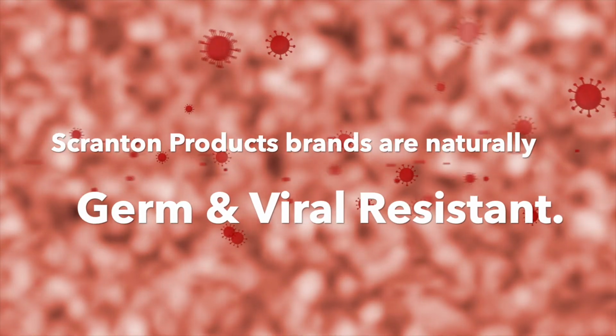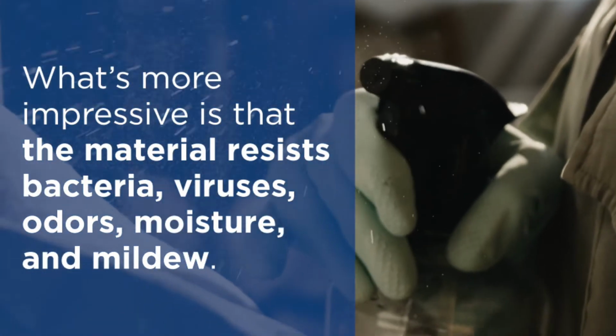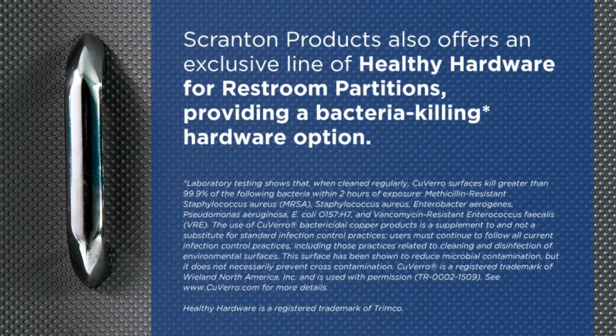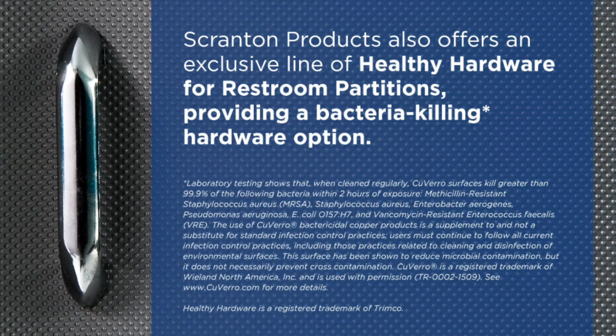Scranton Products brands are naturally germ and viral resistant. What's more impressive is that the HDPE material resists bacteria, viruses, odors, moisture, and mildew. Scranton Products also offers an exclusive line of healthy hardware for restroom partitions, providing a bacteria-killing hardware option for your